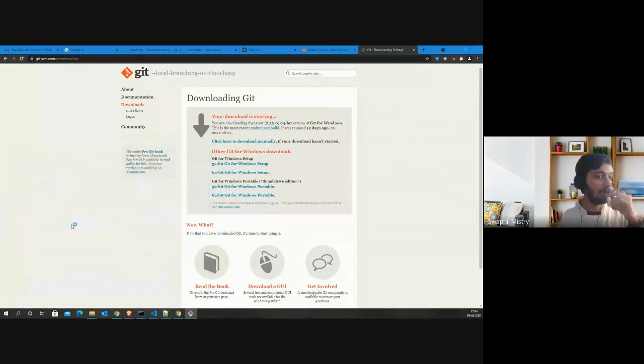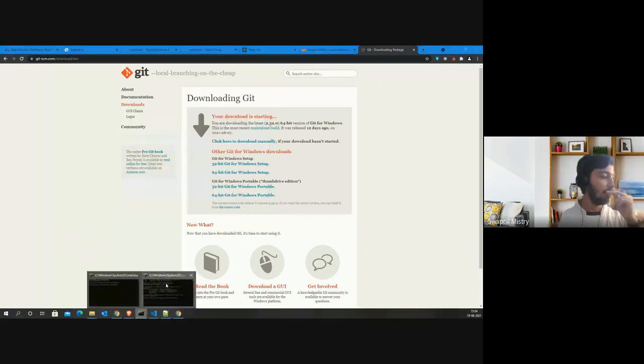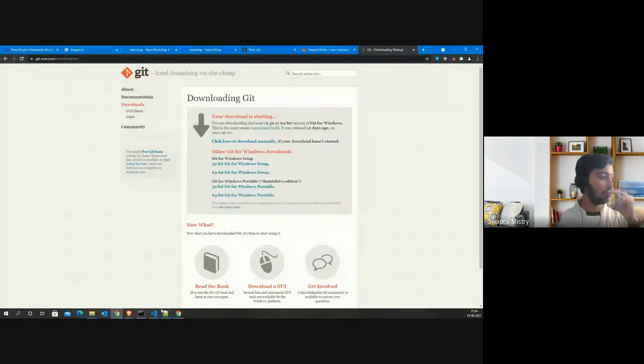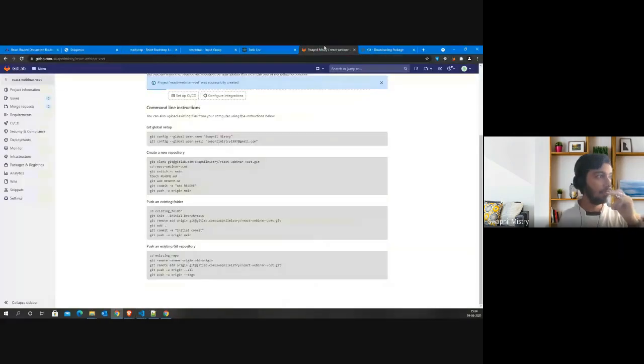If I click on it, you should see something like this. But it's not mandatory to use it. You can use your command prompt too for pushing code to git, and I will be using command prompt, or by default Visual Studio Code, to do that. Since this is already done on my system, I am not doing this.